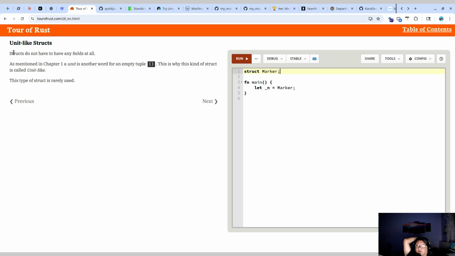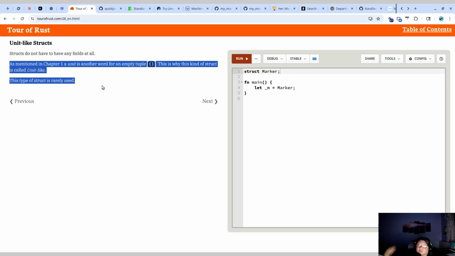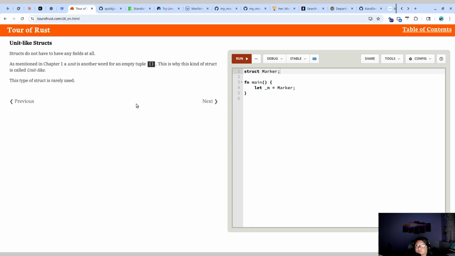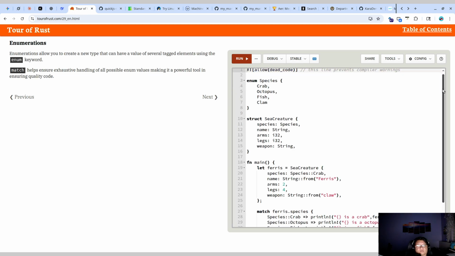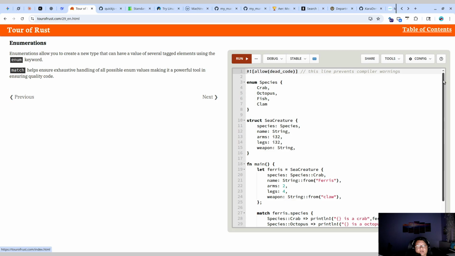Marker structs do not have any fields at all, as mentioned. As mentioned in Chapter 1, a unit is another word for an empty tuple. This is why this kind of struct is called unit-like. This type of struct is rarely used. Rarely used? Species. This line prevents the compiler